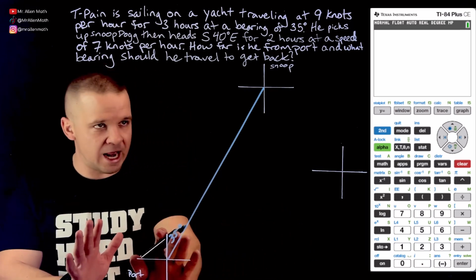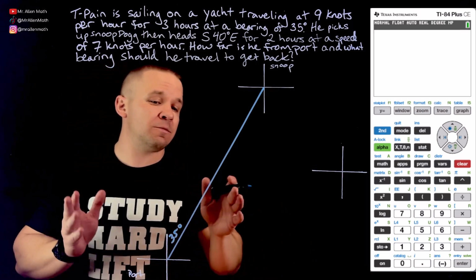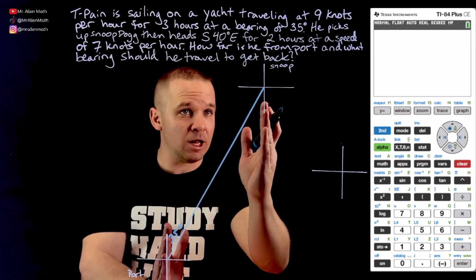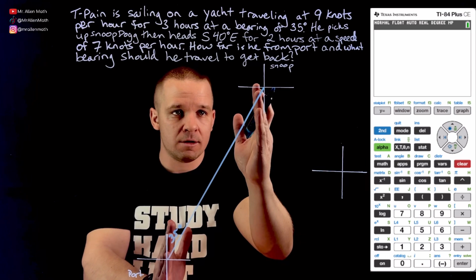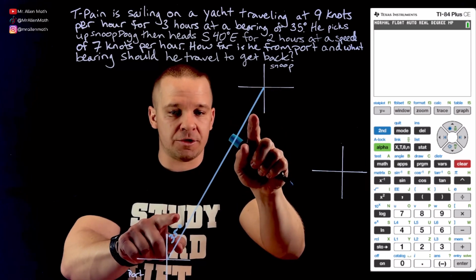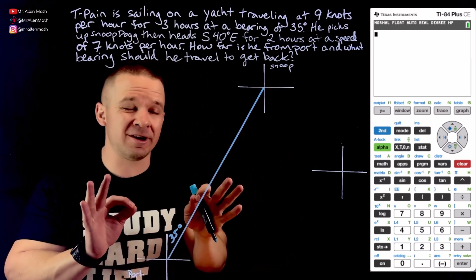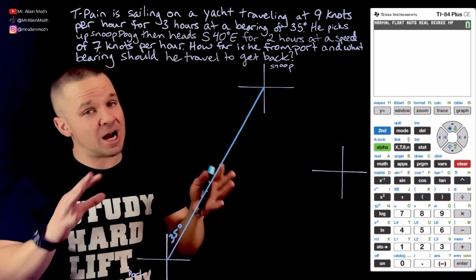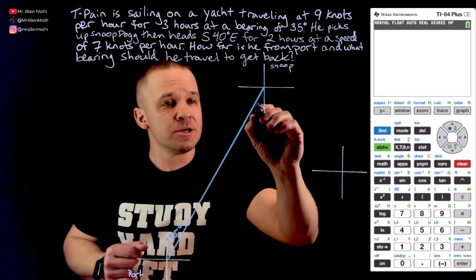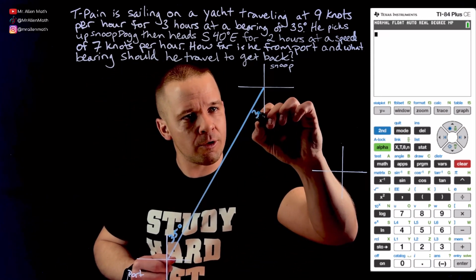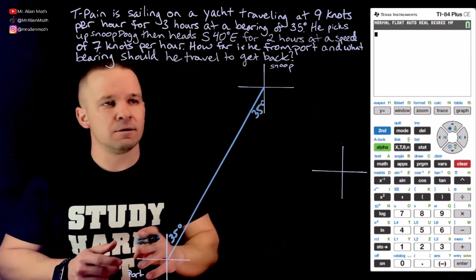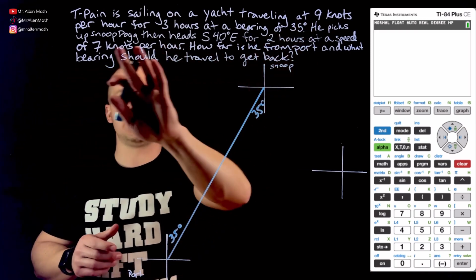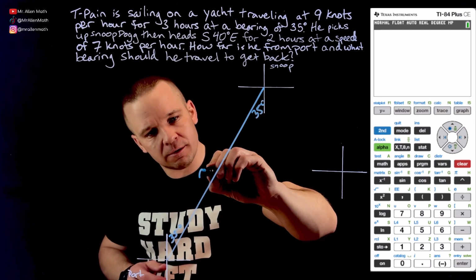That angle can also be used because we have a north line here, which is parallel. Those two north lines are parallel, right? These two angles, the 35 and this one here, those are alternate interior angles, if you recall from the wonderful days of geometry. Love me some geometry. So this angle here is also 35 degrees. And our distance, we said, was 27